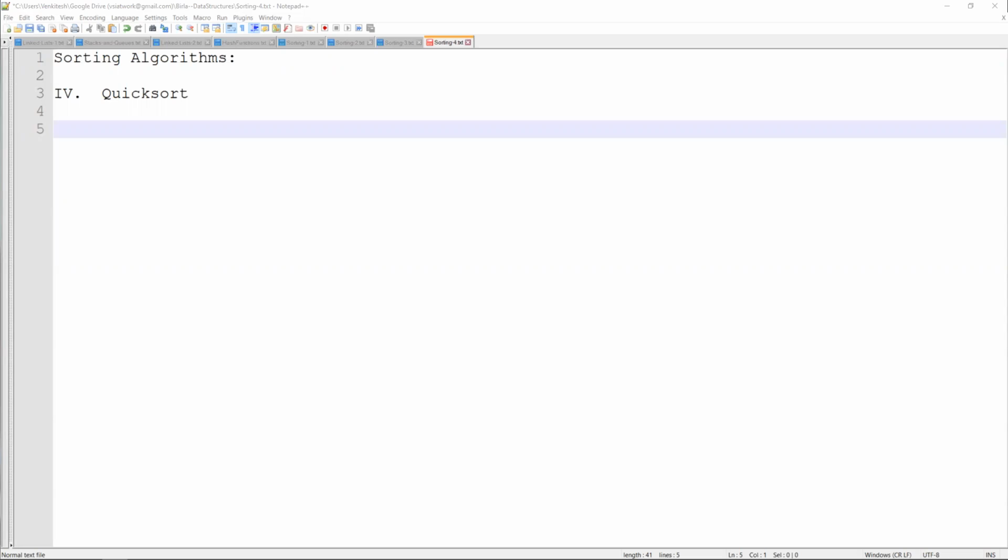So let's continue with what we were doing, and this time we will do the quicksort algorithm. We have seen that quicksort algorithm runs in time n log n when the array size is n. Okay. So how do we do this? If you go back to the lectures and check how quicksort was done,